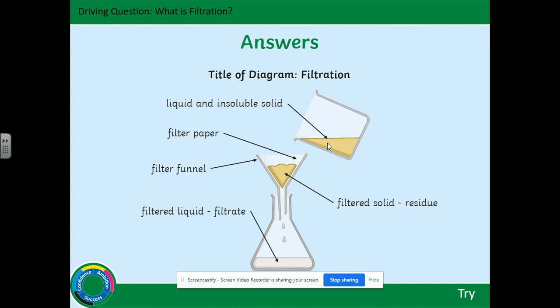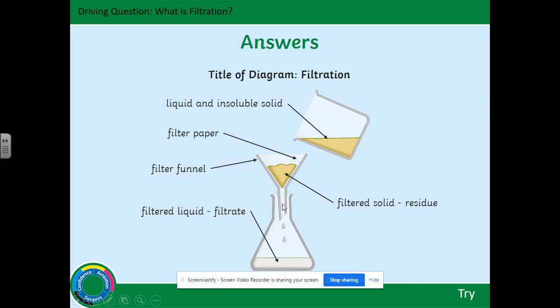Now, once you have the mixture of sand and water, you pour it into the filter funnel. Now, in science, we line the filter funnel with what we call filter paper, which helps to keep the sand behind. Now, once we pour the mixture of sand and water into the filter funnel with the filter paper, the